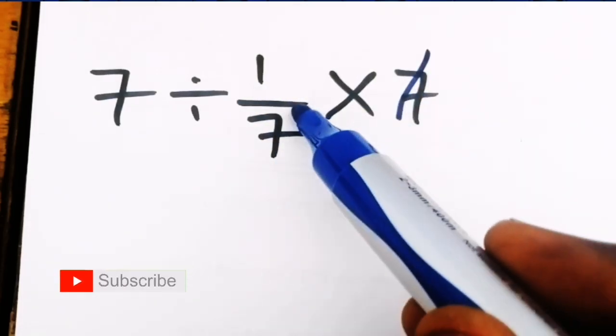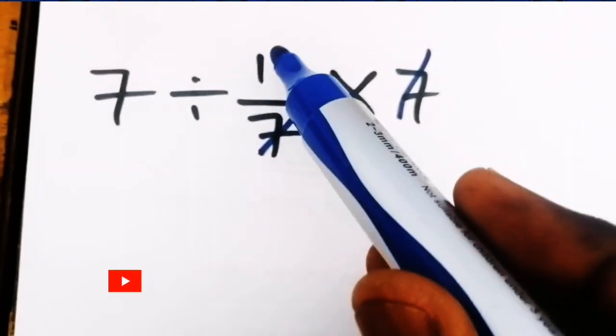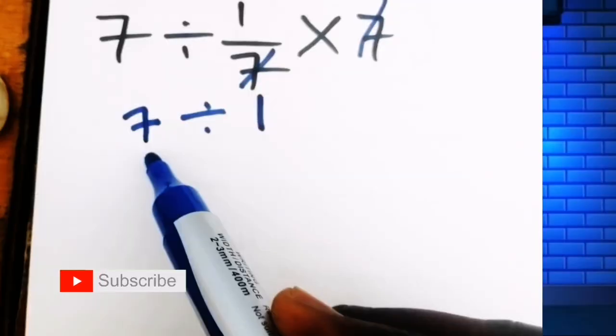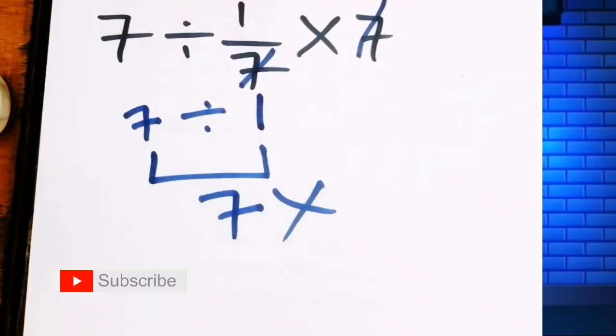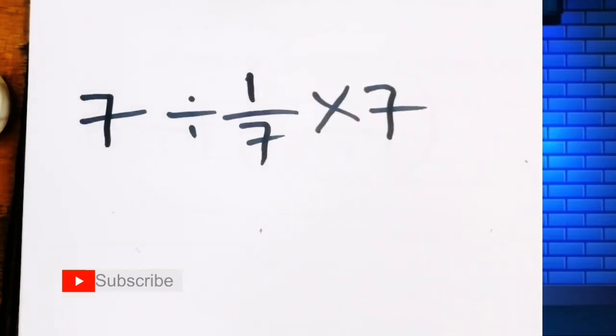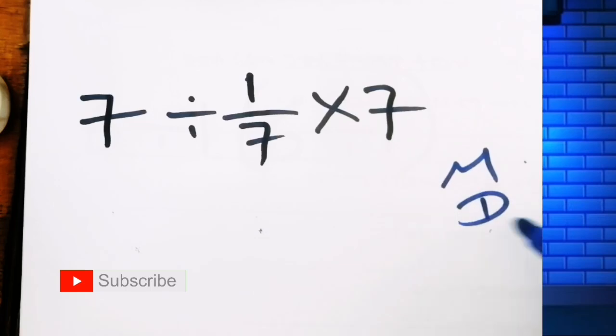So 7 by 1 by 7, 1 by 7. 7 divided by 1 time, which equals 7. But this is not the correct answer, okay? Because when multiplication and division come in